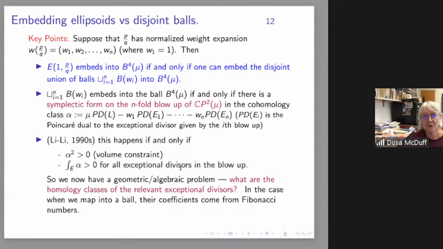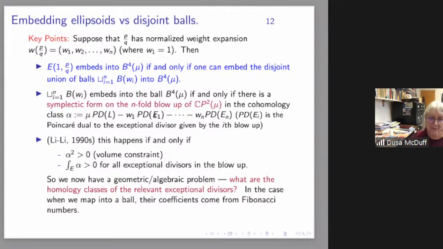And so now you see, if we're trying to embed ellipsoids, we have a sort of a problem, geometric and algebraic. You really want to know what are the homology classes of the exceptional divisors in the blowup. If you pick your ellipsoid, you pick P over Q, you have a particular set of weights there. So you have a particular kind of class you're looking for, and you have to figure out which exceptional divisors are the relevant ones to obstruct the existence of that